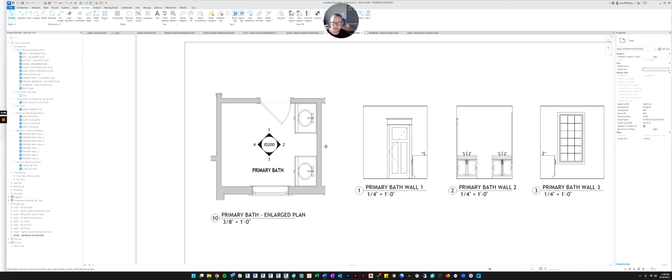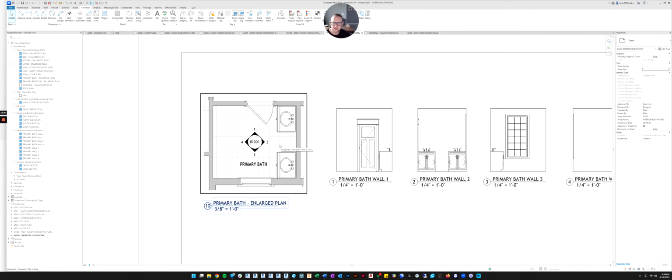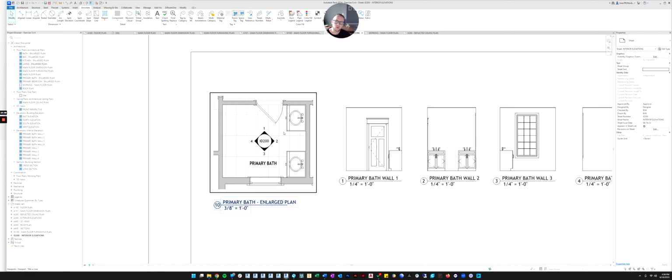Now the other thing we need to do is let's talk about callouts. The other thing you'll want to know about is how to annotate a view. So we've talked about tagging things and controlling the visibility, but now let's talk about if you want to draw lines in, if you want to add text, how do you do that? So let's enter the view.